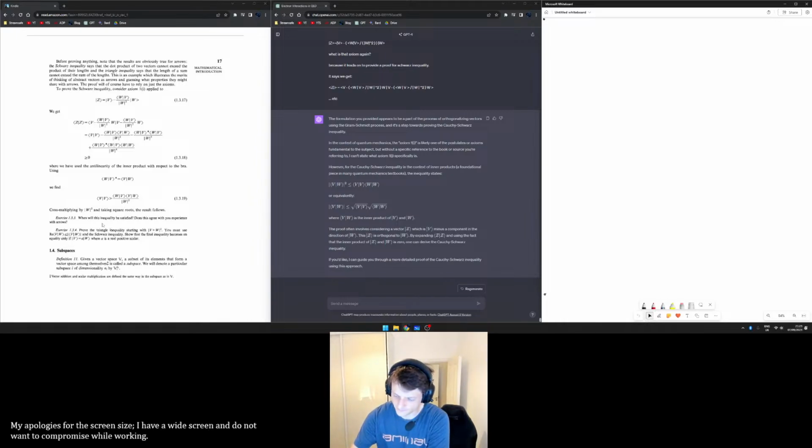So, let me just write that. 1.3.3. When will this inequality be satisfied? So it says, to prove the Schwarz inequality, consider axiom 1 applied to the following. We get that, where it's greater than or equal to 0,